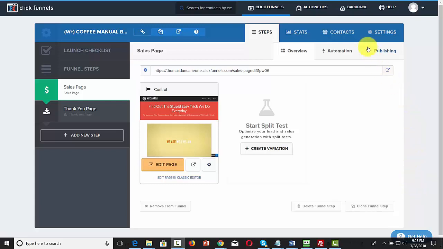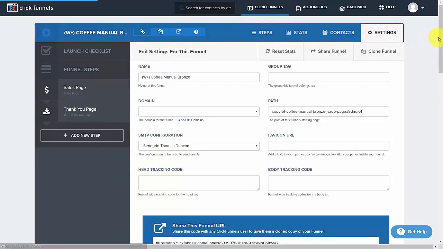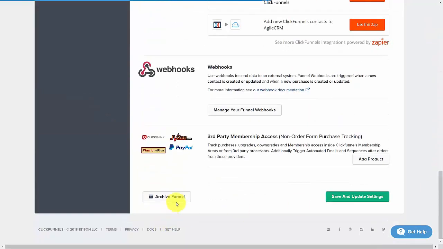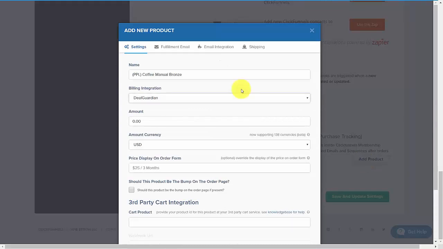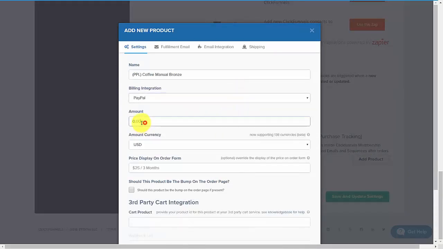What you'll need to do is come back to the members area, and this time we're going to go to the settings button. We're going to come all the way down to the third party, and we're going to click Add Product. And we're going to make the billing integration PayPal, and we're going to place in our